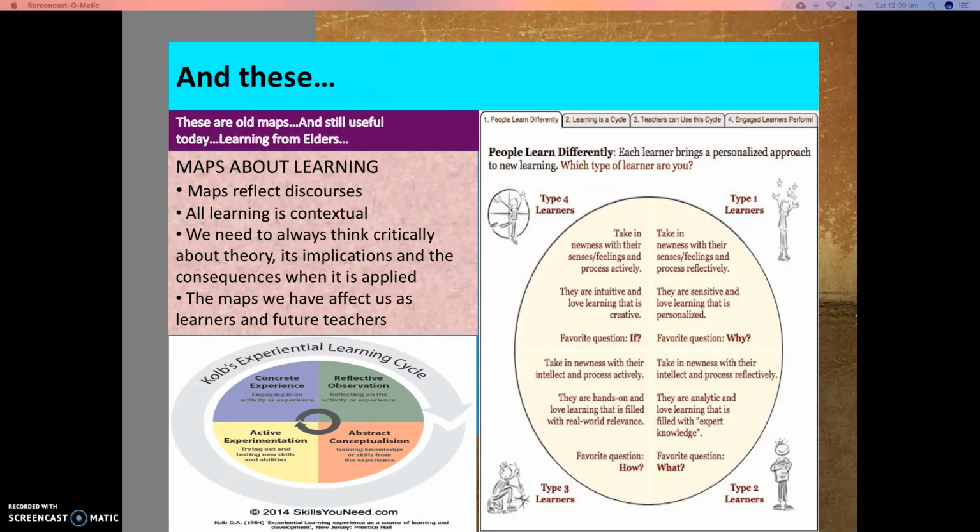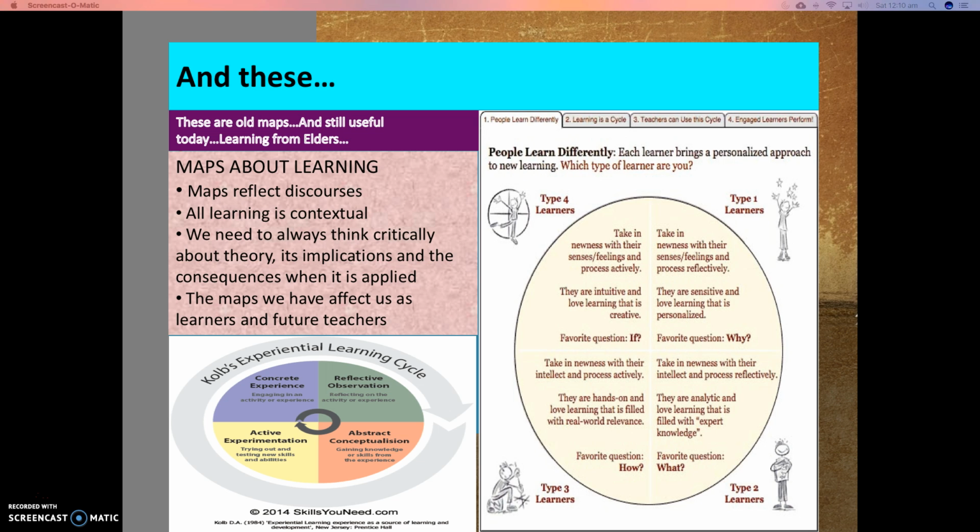And more maps, more theory. Kolb's approach is probably the most simple, but truly, in my view, very useful in explaining reflective learning, or how we can come to know through our own thoughts and understanding. The different learning approaches and indeed the test we all participated in provided validation that we all approach learning in a variety of ways. So when we think about Kolb's experiential learning cycle, don't forget the 4 points. Reflective observation, abstract conceptualization, active experimentation, and of course concrete experience. And the cycle